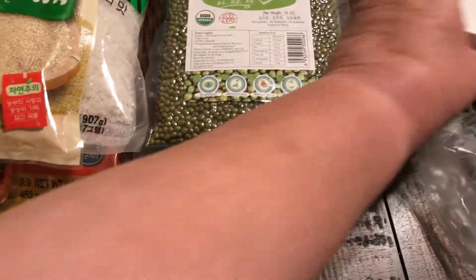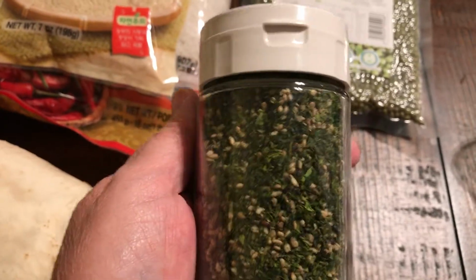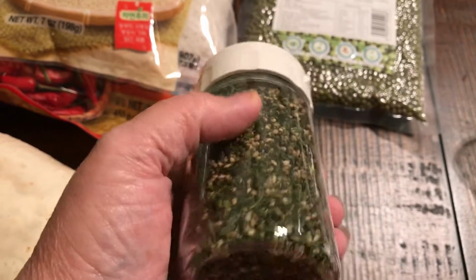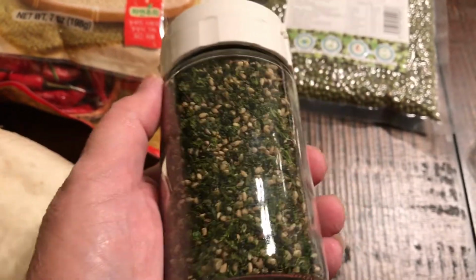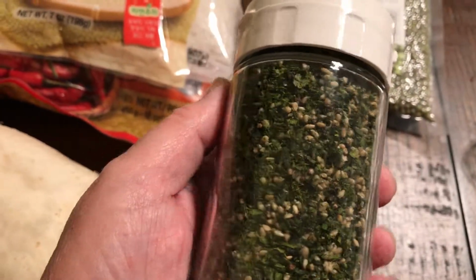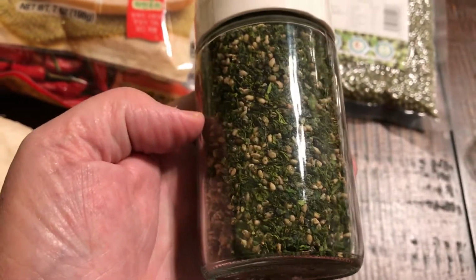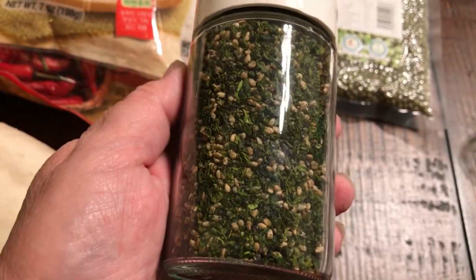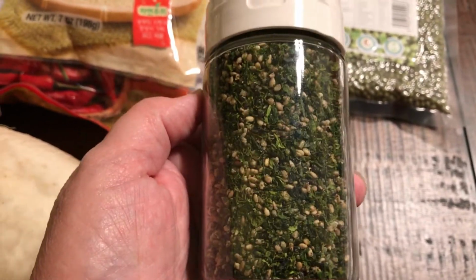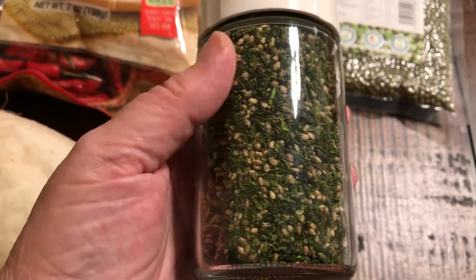Now, my sister and I in 2016 went to Japan, and when we were in Japan, and I don't know why I already took the label off of this because I shook some of it on my hand. But there were all these different seaweed preparations that they had there that you scooped up with a spoon and put onto your rice at the different buffets. Now, I did not realize it at the time, but all of them just about either have MSG in them, which I kind of figured they would have MSG in there anyway,